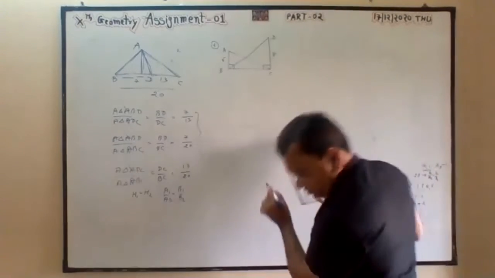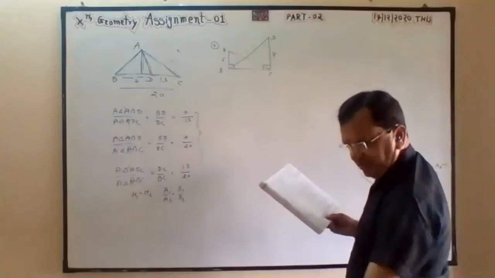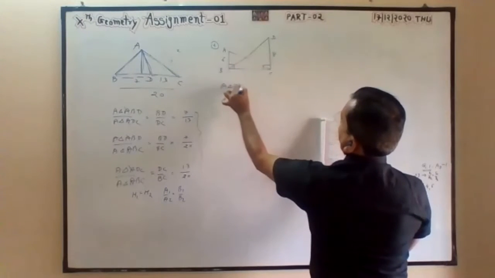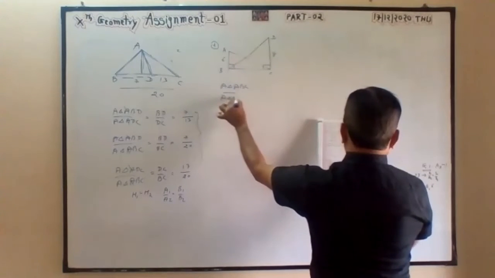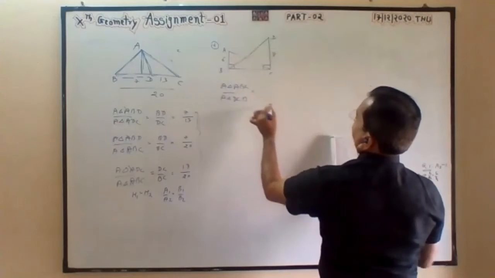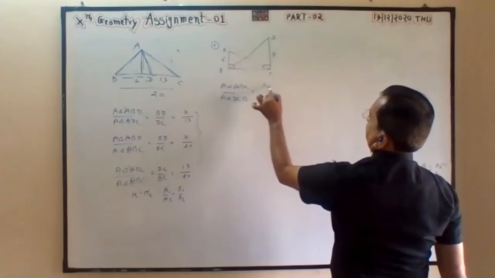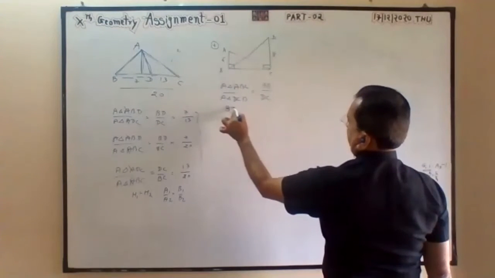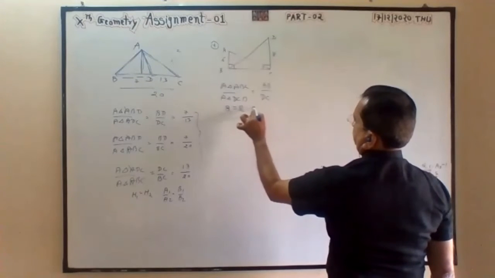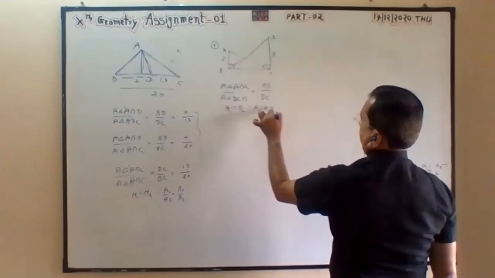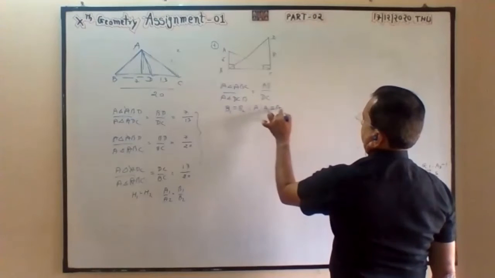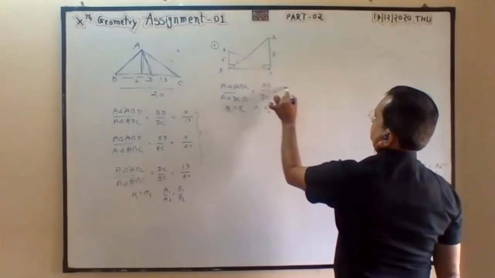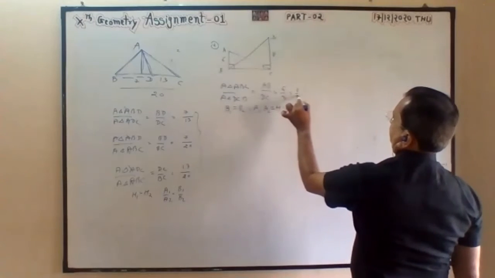Again, you will write the same answer. Area of triangle ABC divided by area of triangle DCB is equal to AB by DC. Why? Now base 1 equals base 2. Therefore, A1 is to A2 is equal to height 1 divided by height 2. So that is 6 by 8. Make it half.